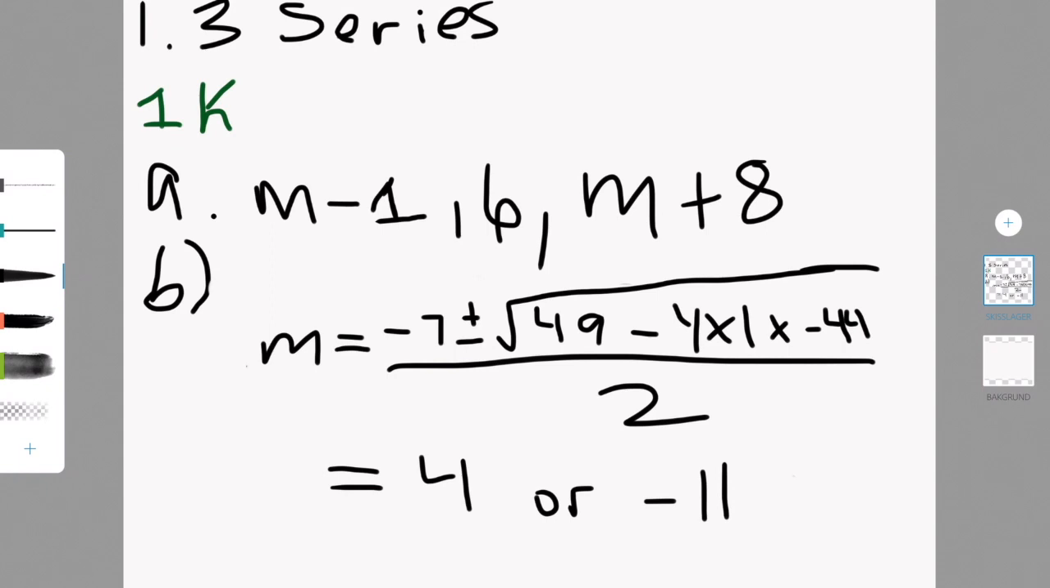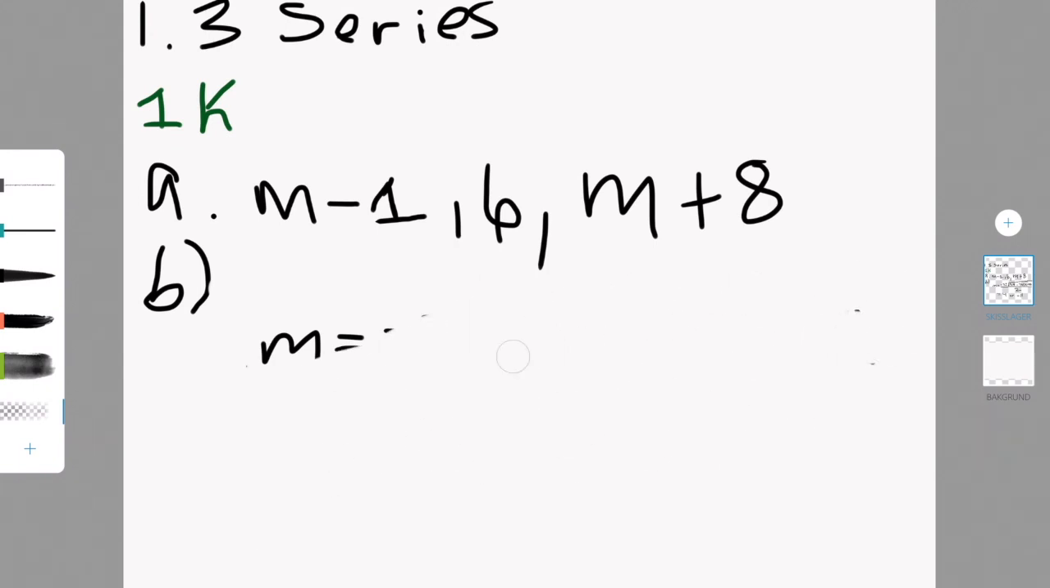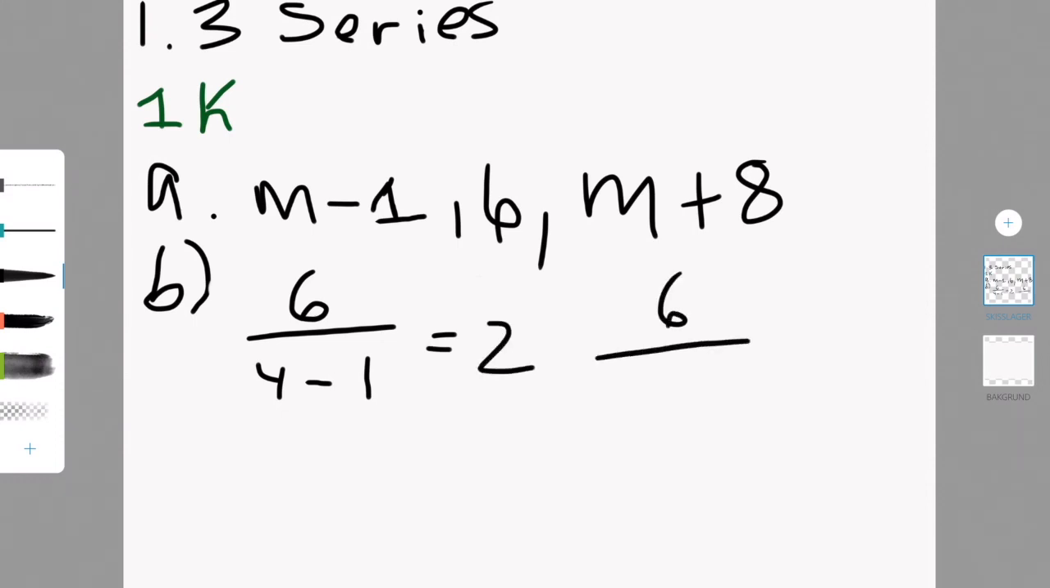Now that I have the values of m, I can then move on to finding two possible values for r. How I do this is I take my expressions for r that I made in part A of this question and I plug in those numbers. So I plug in the 4 instead of the m, and then I plug in the negative 11 instead of the m. And look what I got. Two different answers. I got 2 and